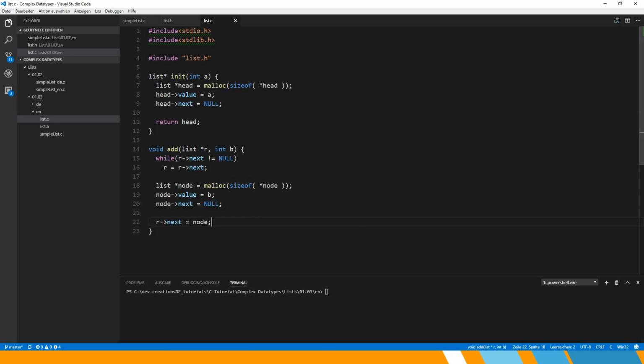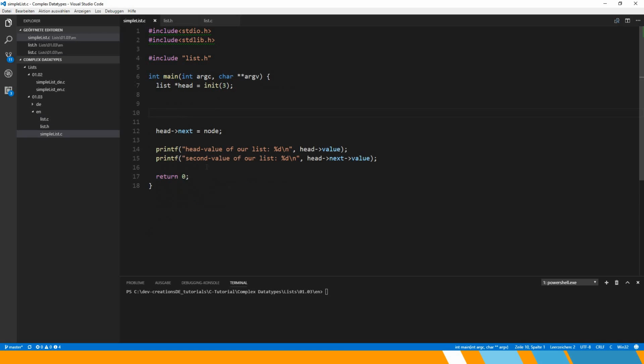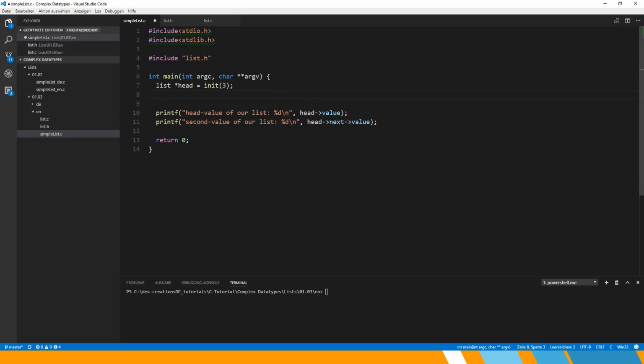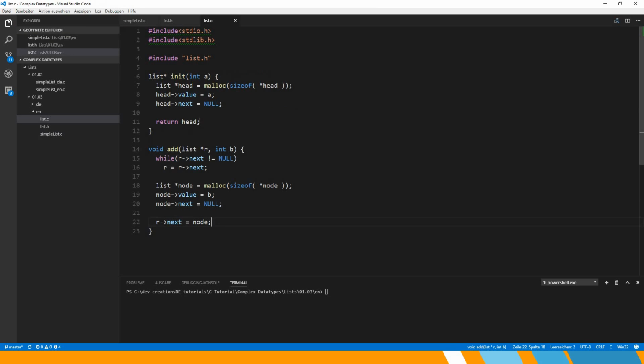And that's all, basically. So what we can do now is call the add function and provide our header element, our head element, and we can just put any number here, and then print that out. Well, actually we are still missing something, because